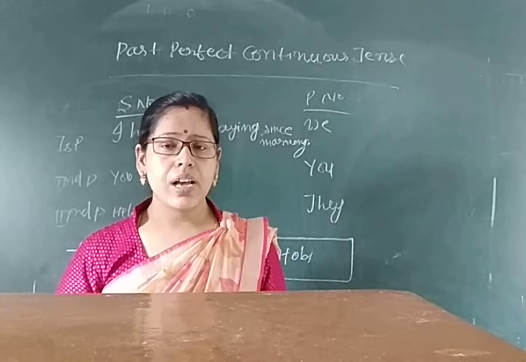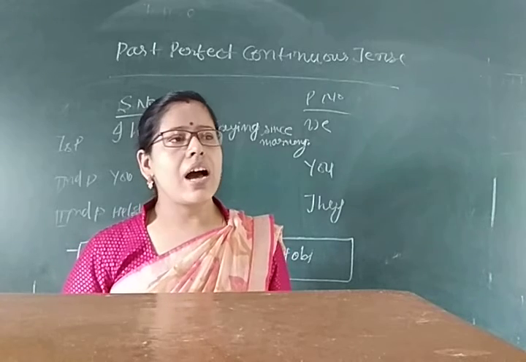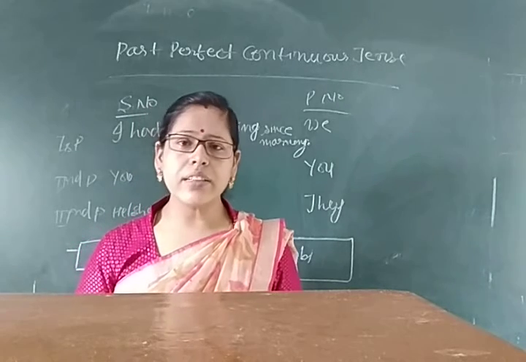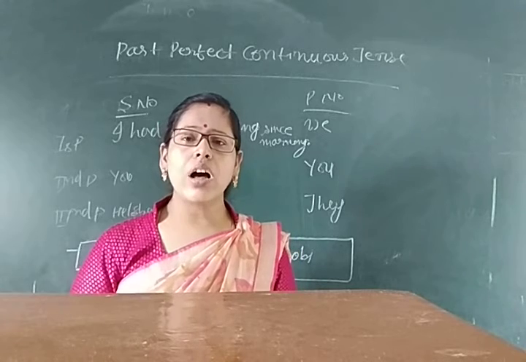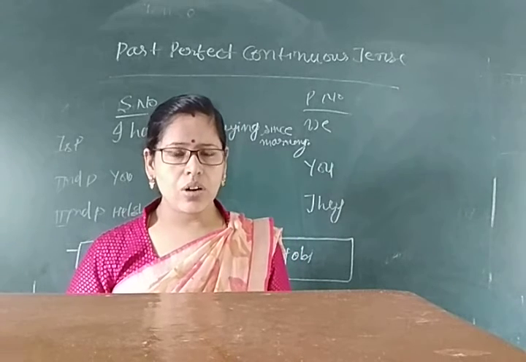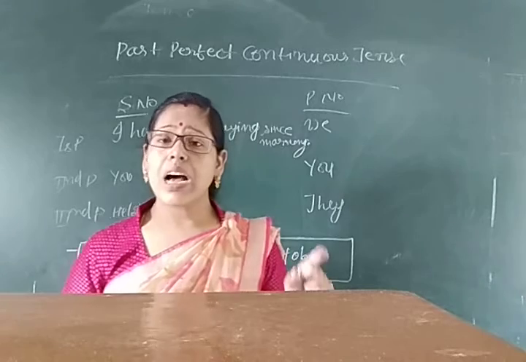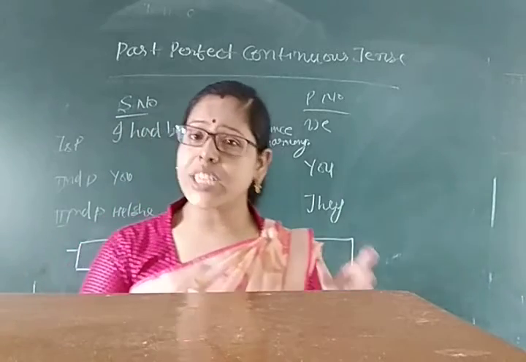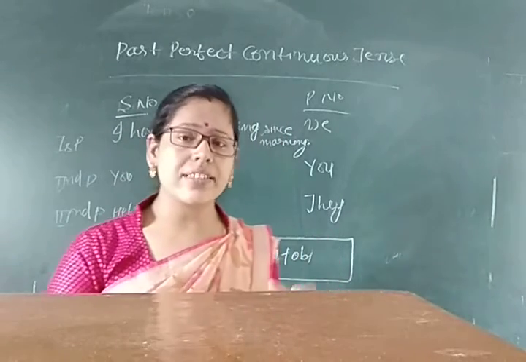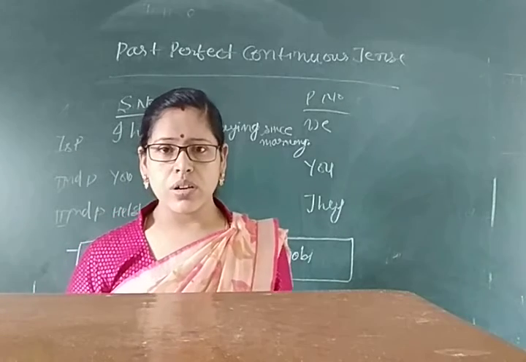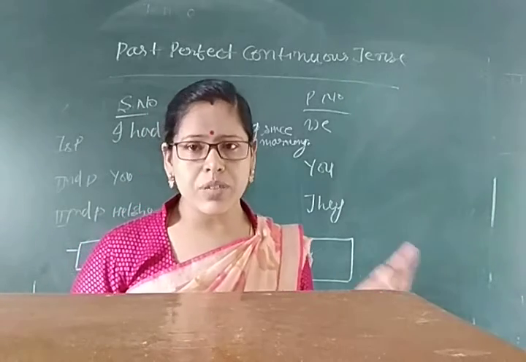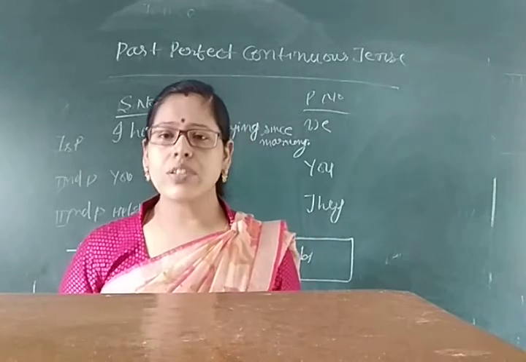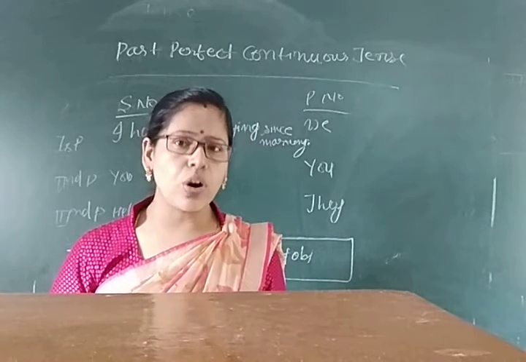For। And if I say I had been teaching in this school since 2018, alright, then I am giving you the exact year from which year I started teaching in this school. So you are getting exact point of time 2018।